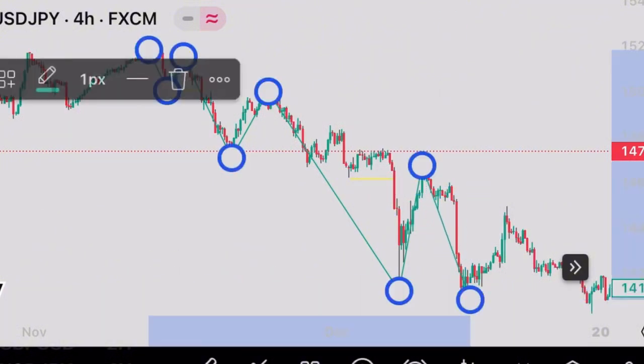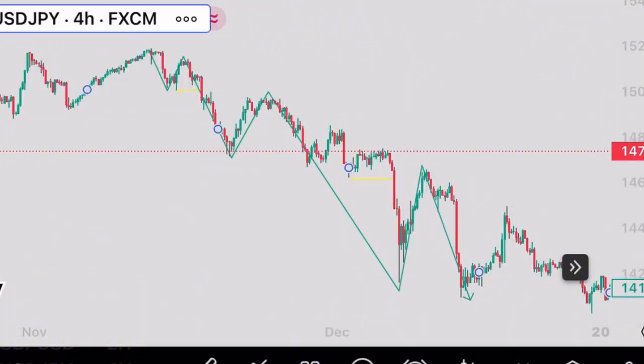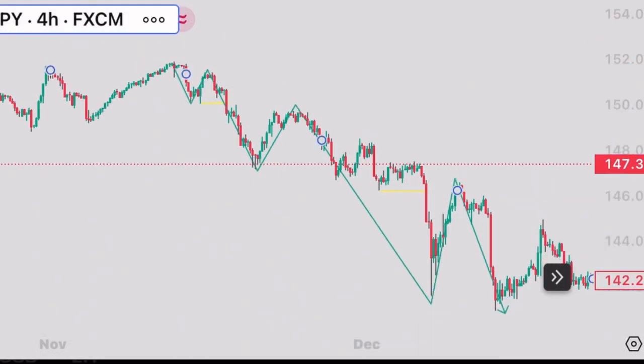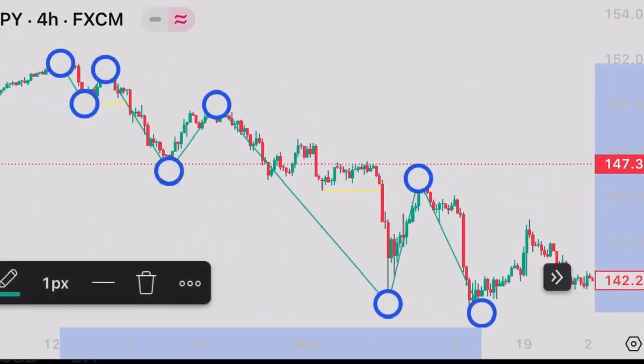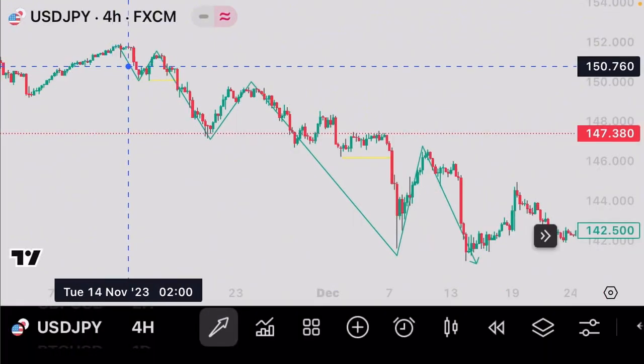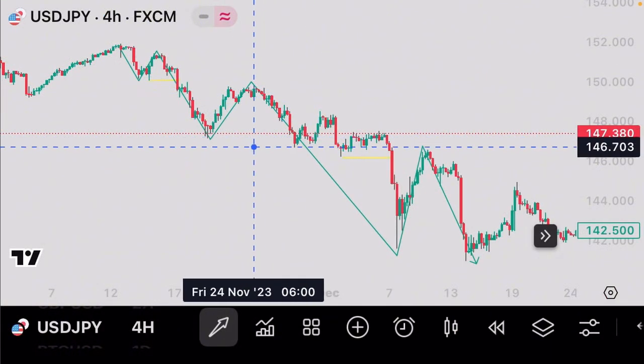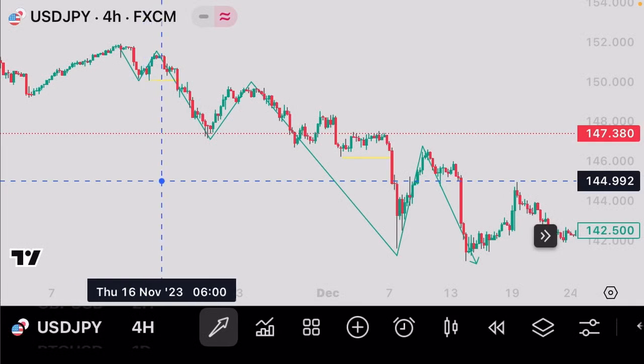So this is how to view and how to zoom out a structure. Before you ask me a question, let me explain to you how I came to the conclusion with this structure that I just marked out. Although we have all these little movements here, I know you must be wondering, that doesn't really change the trend, because remember I told you that how to read a downtrend is by the lower